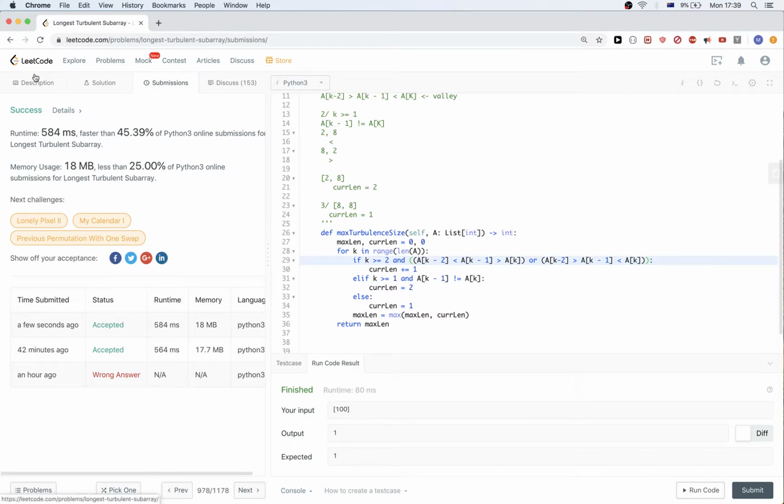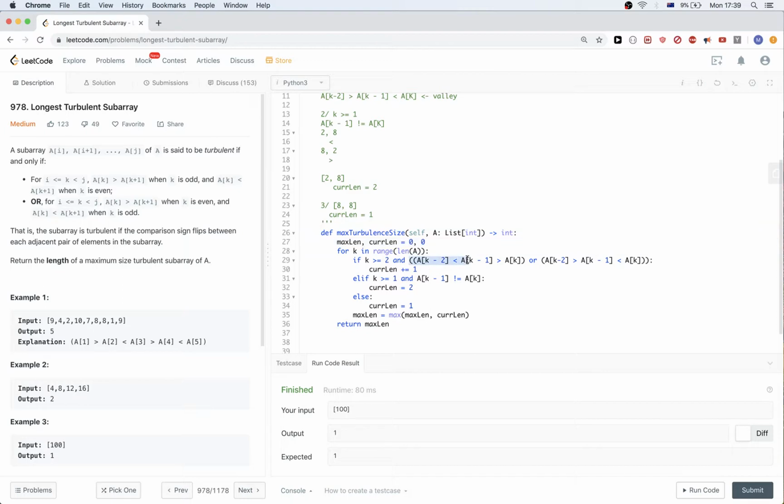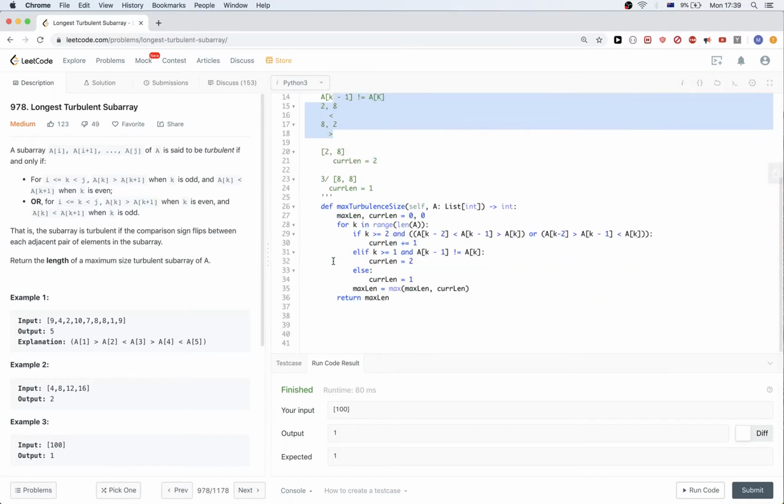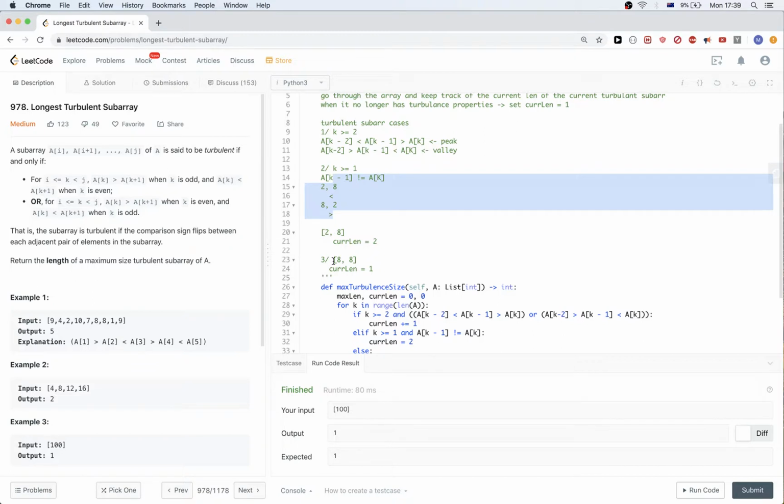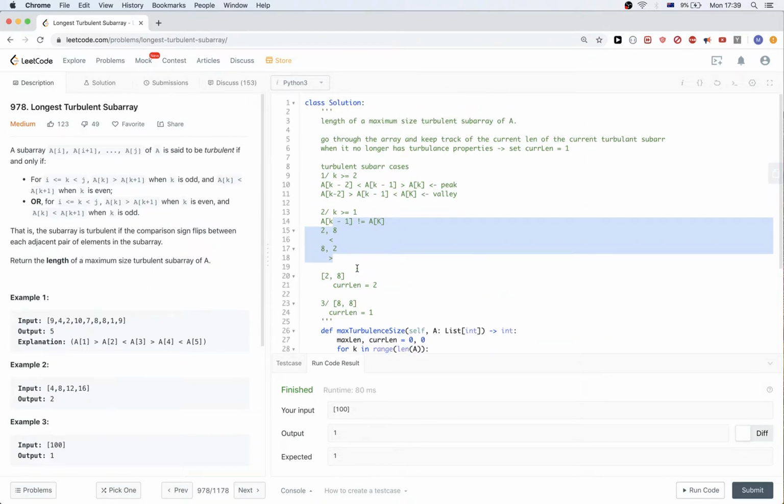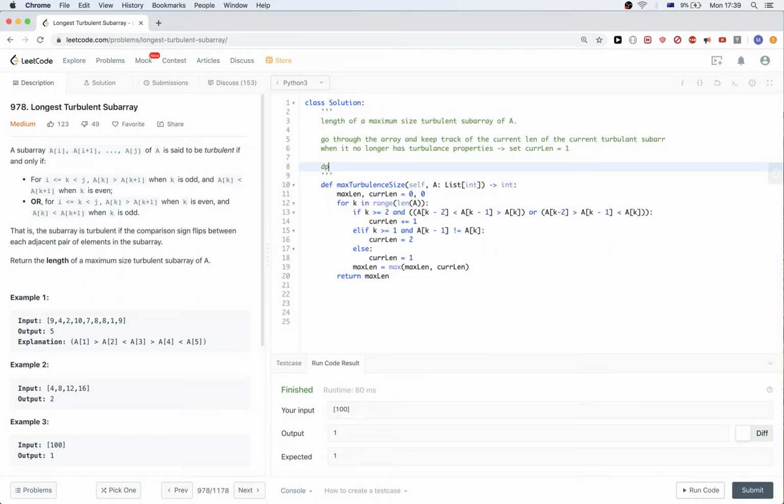Okay, so that passes. So this essentially is just a no-event solution, and we are just comparing with different cases, right? There is another way to solve this problem using dynamic programming, which is very straightforward. So let's try it out. So let's see how we can do that. We can just have a DP state that is I and K, and let's call this C. And consider that this is like the length of the turbulent subarray ending at I,